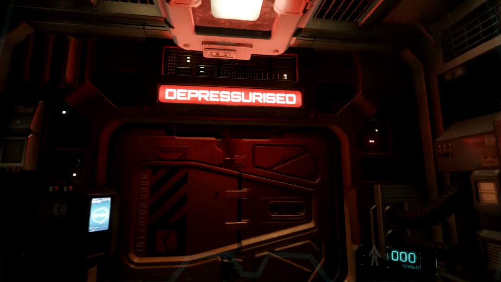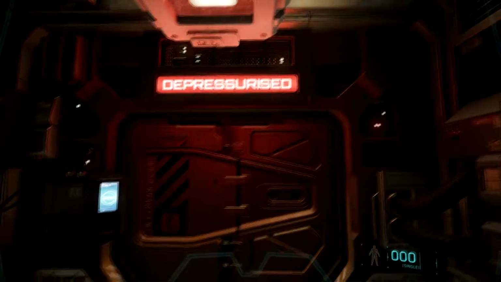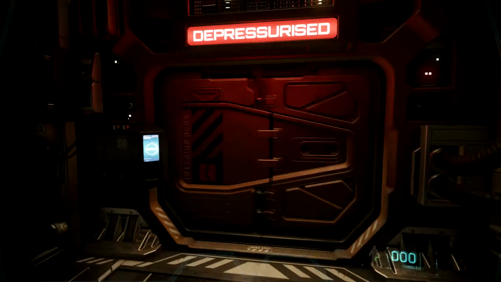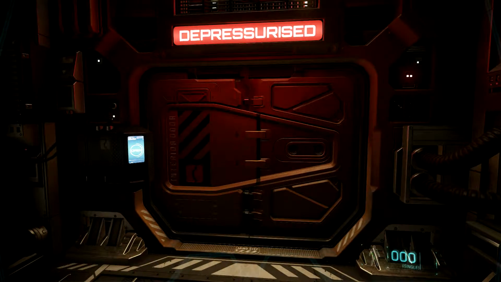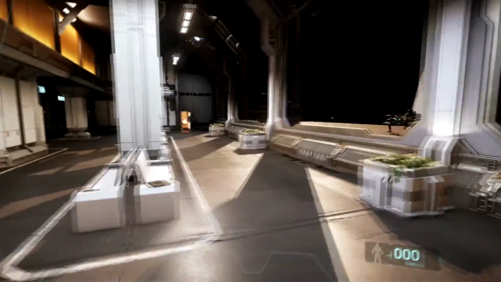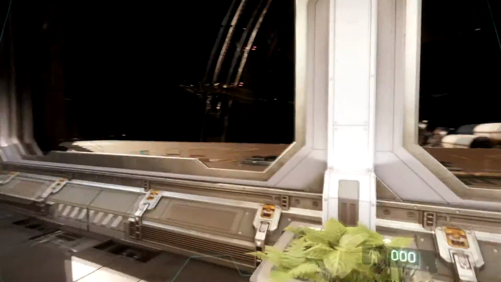So this is the depressurization chamber, and I'm going to show that in the other video where I walk outside of the space station and talk about all of that stuff out there on the landing pads and so forth. So you use the panel to open the door, and you go out into the depressurization chamber, and then you walk outside. And then on this side you have these massive windows where you can enjoy what is happening